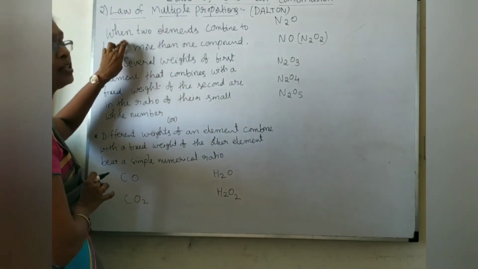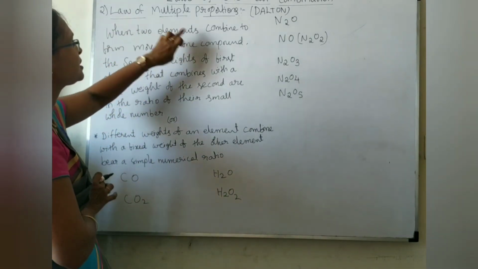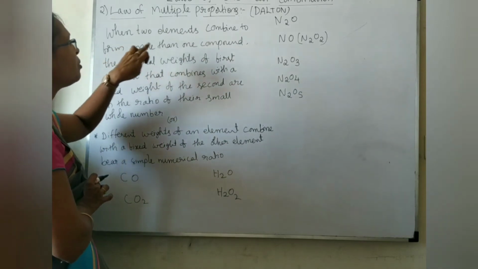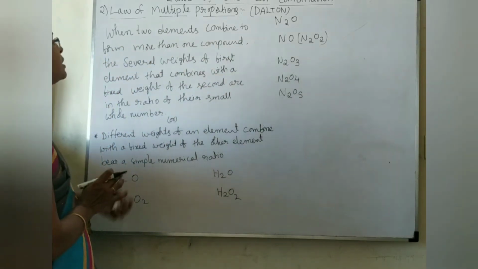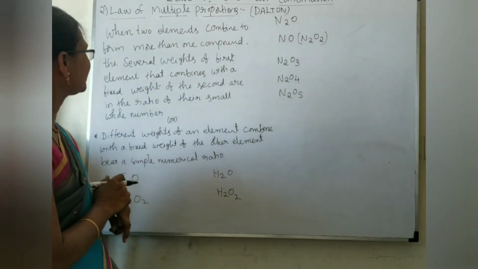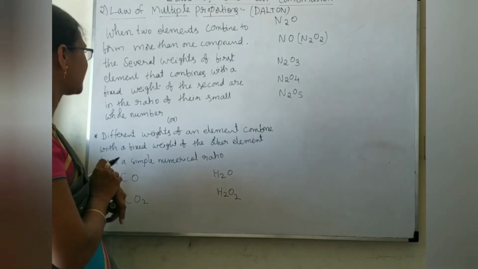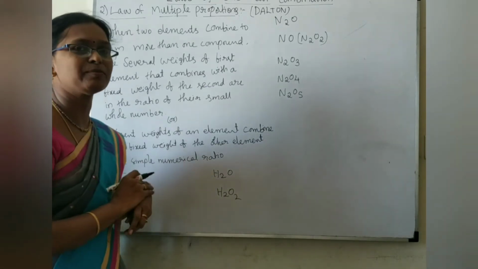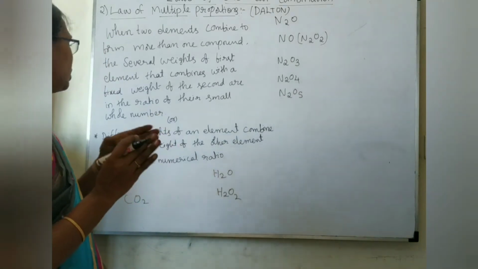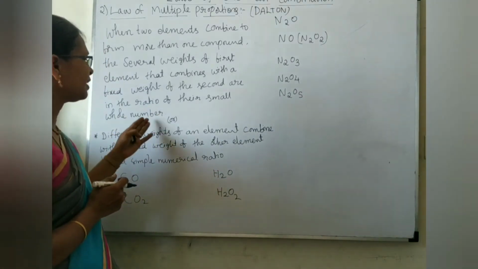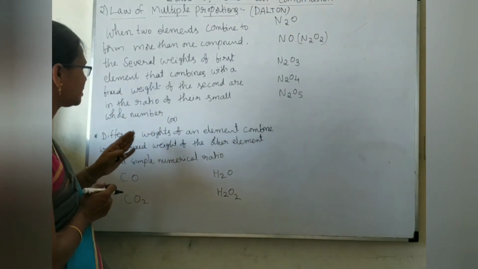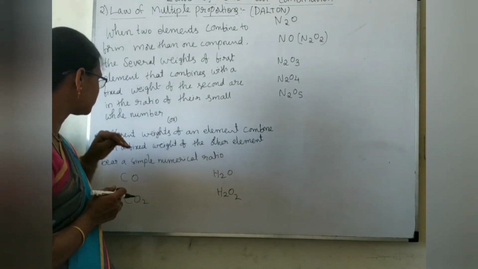Definition: when two elements combine to form more than one compound, the several weights of the first element that combine with a fixed weight of the second element form small whole numbers, or different weights of an element combined with a fixed weight of the other element bear a